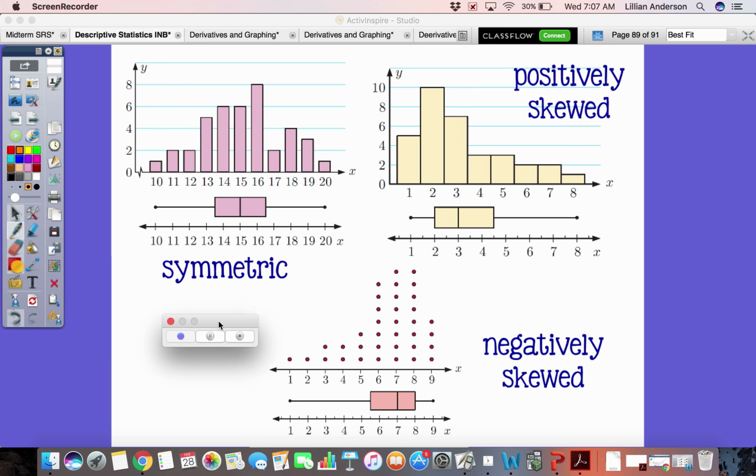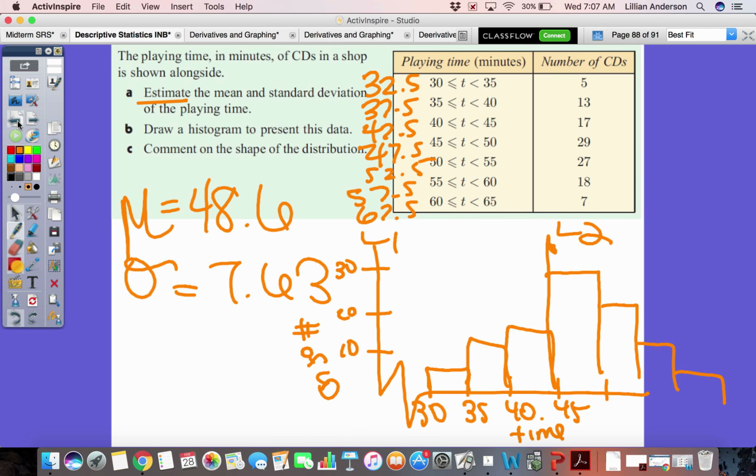Quick video is just to go over what I talked about in class the other day. When it asks you to describe the shape of a distribution, as we went over this example in class the other day, when it asks you to comment on the distribution, you're going to basically look at your histogram, or you can even look at your box and whisker,